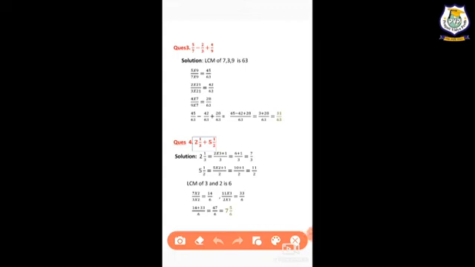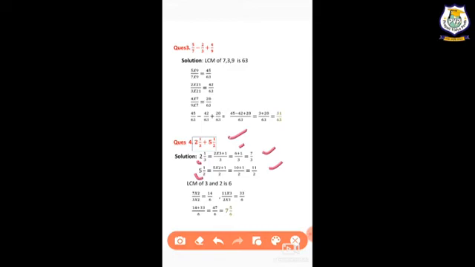It means here they have given the mixed fraction, so we will have to convert it into the improper fraction. Same thing, 2 multiply by 3 plus 1 upon 3, it's 6 plus 1 upon 3, 7 by 3. Now 5 multiply by 2 plus 1, 10 plus 1, it's 11 by 2. Now we are getting our fractions, that is 7 by 3 and 11 by 2.